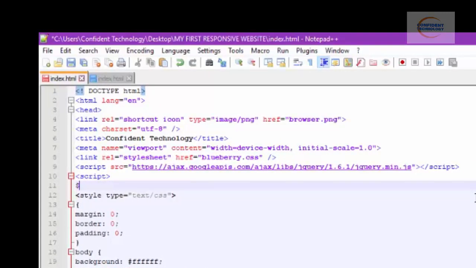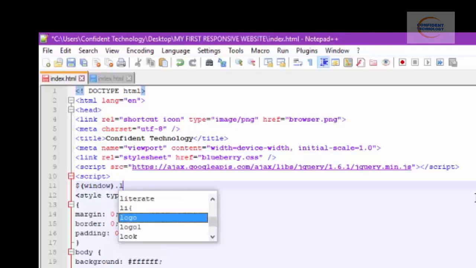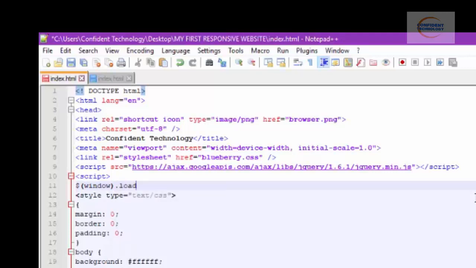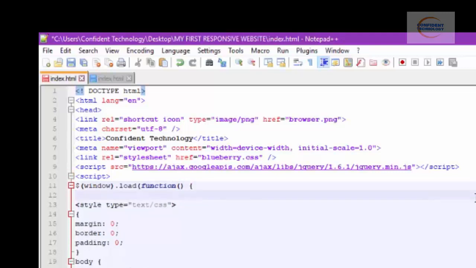So say $, parenthesis open, window, parenthesis closes, it should load. So we say .load, the window should load, parenthesis open, function, parenthesis open and closes, space, braces open, enter,